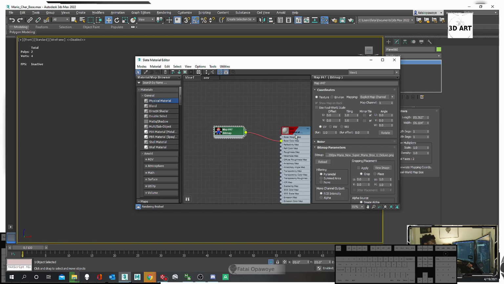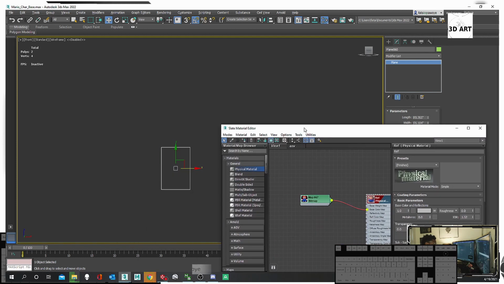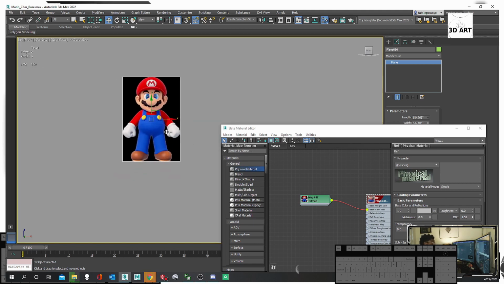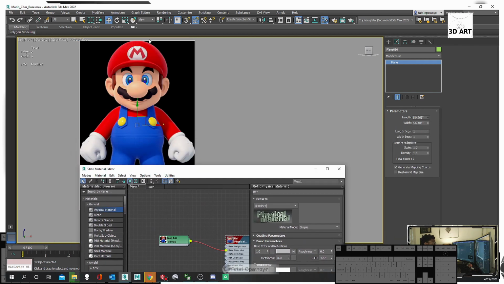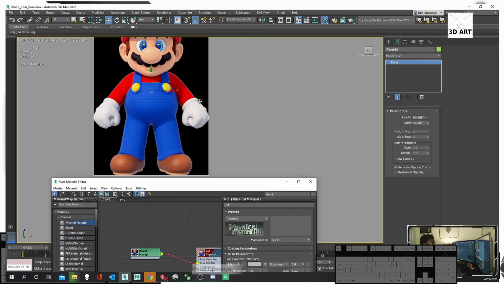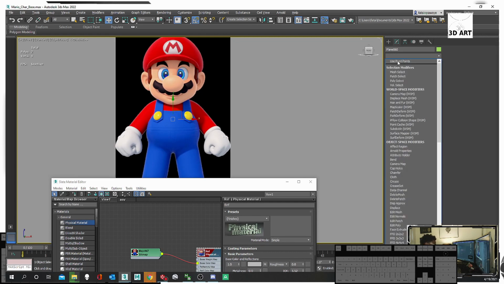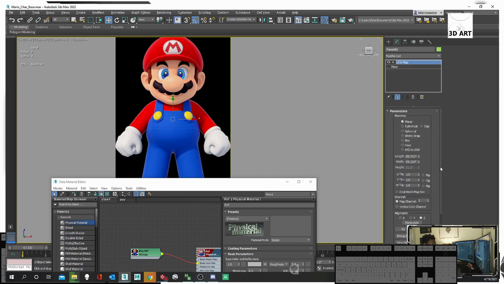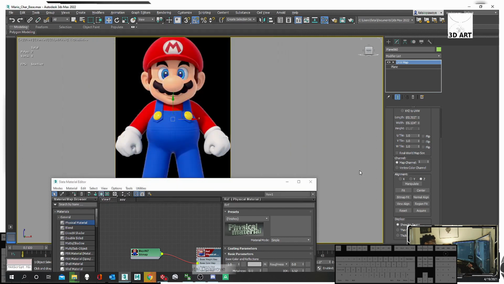I'm going to use this as my reference image. I'm going to drop it onto my model. I can't see it right now, but if I hit F3 on my keyboard, voila, we've got Mario, but he looks a little squashed. Let's make sure that our aspect ratio is correct for this guy. So I'm going to go into our plane settings here, drop down my modifier list, UVW map. I'm just going to hit bitmap fit. It's going to navigate me back to where it is. Hit open, and now I've made sure that